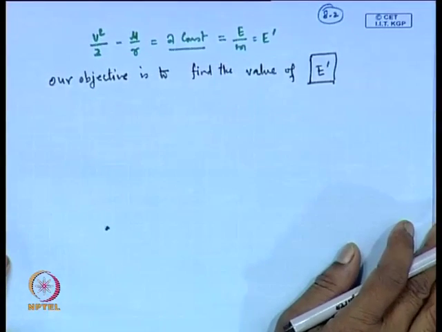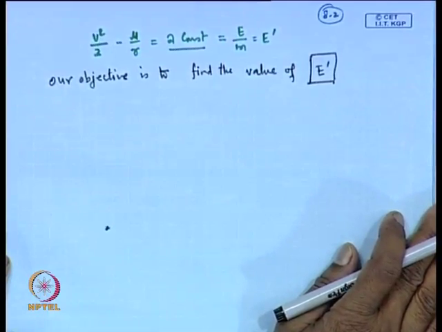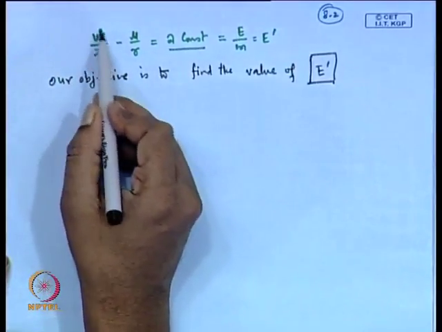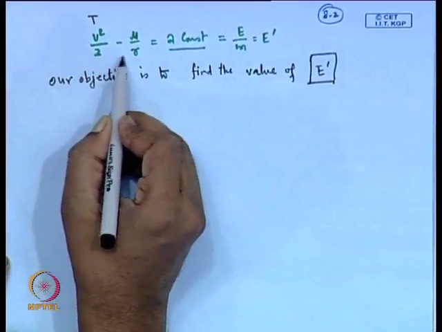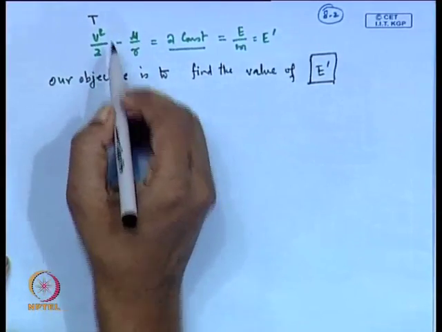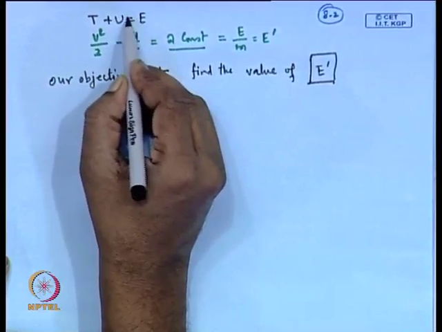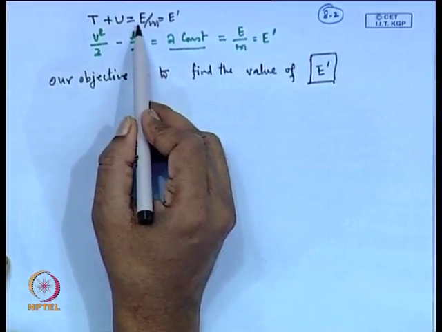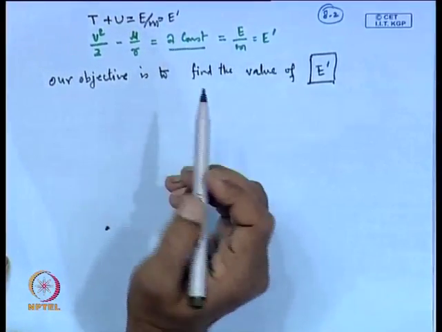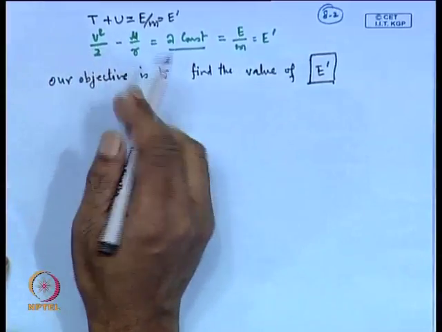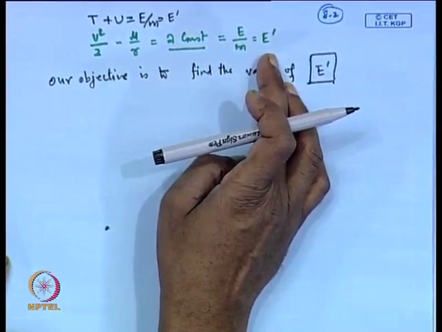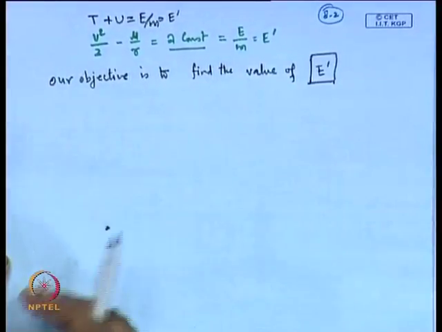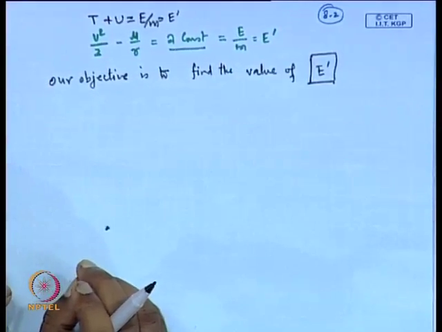E prime can be worked out in various ways, but one simplest way will be to evaluate the left hand side and see what this is equal to, because we know this quantity is the kinetic energy, while this quantity with minus sign is potential energy, and this we have written as E by m or E prime, which is the total energy per unit mass. So, if we evaluate the left hand side, automatically it will be equal to the right hand side. This is one way of doing it. There are other ways of doing the same problem, but let us look into the problem in a very simple way.